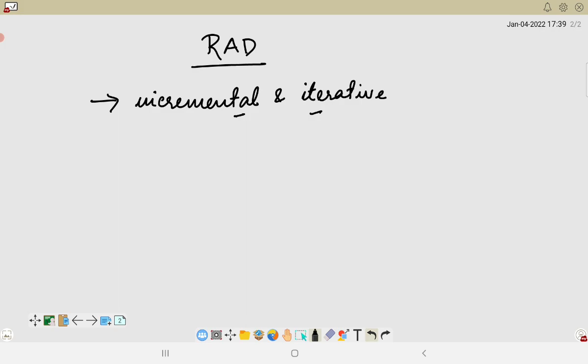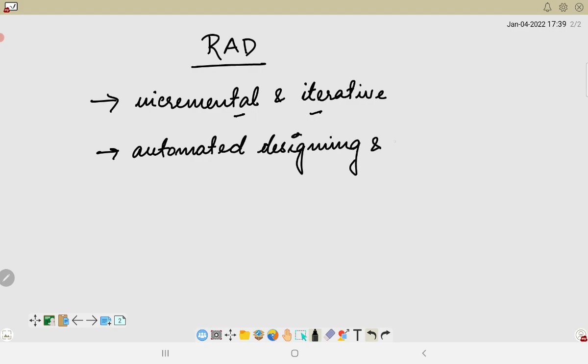So talking about RAD, instead of relying on the individual skills for hand designing and coding, RAD makes use of automated design and coding, which will give stability to the process. So here there is another concept which is introduced, that is automated designing of the components or of the project, and of course coding, which will give stability